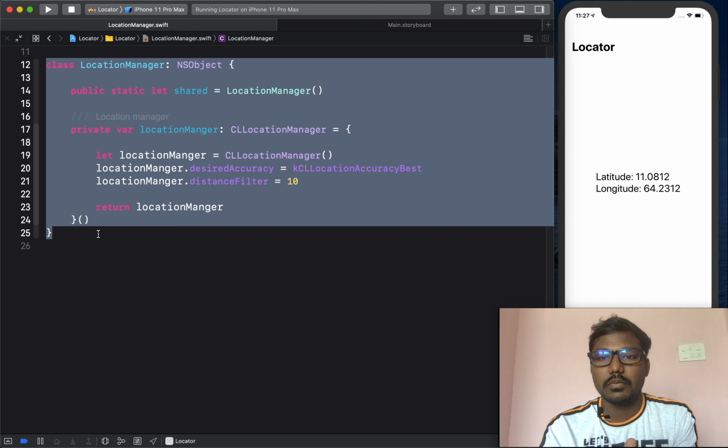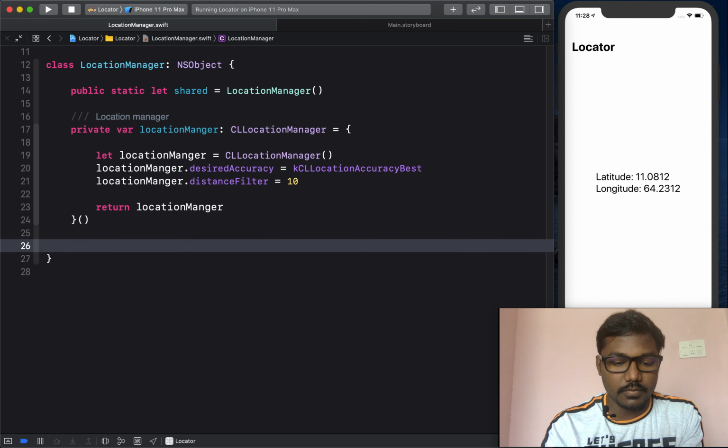This will be more complicated and also it can cause problems while your project is running successfully after one or two years, you can find problems like that. So I am creating one single class file, creating a location manager inside the class, and I will use this class function wherever I need.